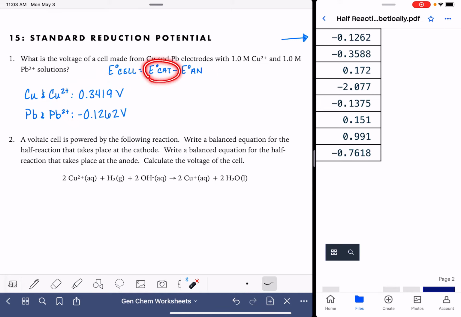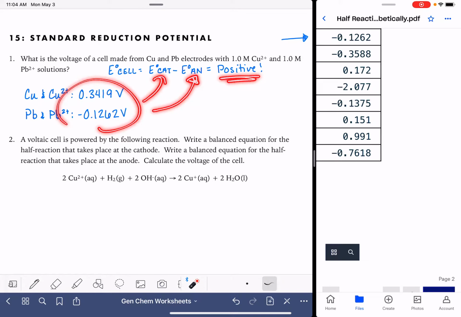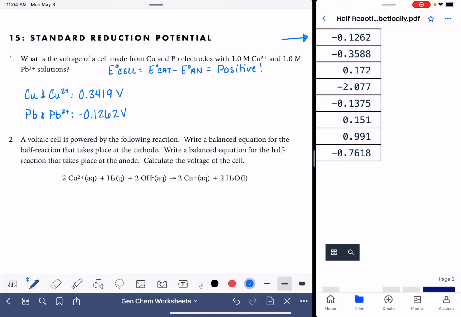We need to plug in the voltage of the cathode first and the anode second. And fortunately, it's not telling us directly which is at the cathode and which is at the anode, but keep in mind that E cell is always a positive number. So we just simply need to plug these values into this equation in a way that will give us a positive result. One way will give us a positive result and another way will give us a negative result, and that's the case every single time. There's only going to be one way that you can put these numbers into this equation and end up with a positive result. And so for us, that is going to be 0.3419 minus a negative